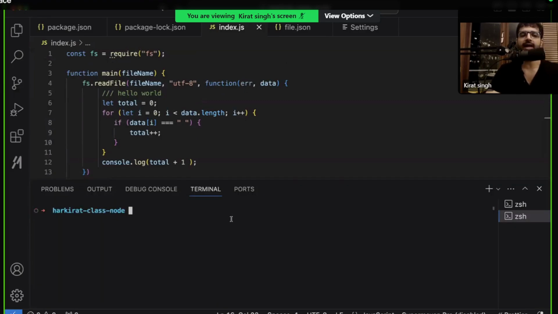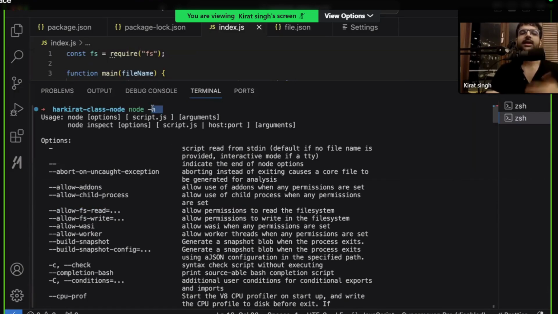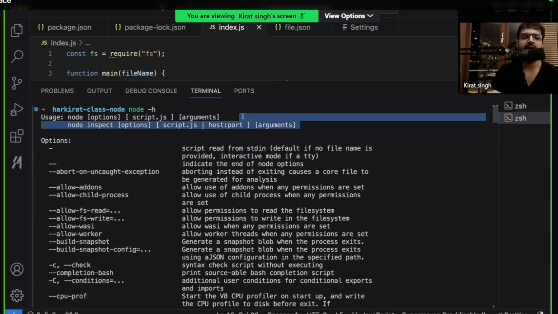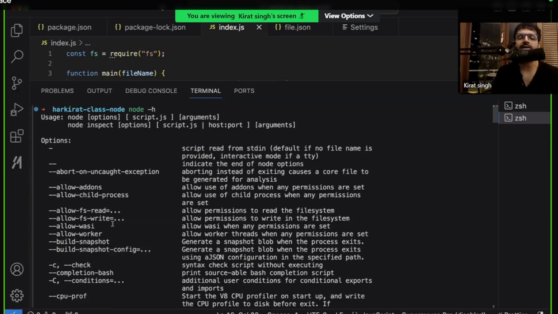Why am I putting so much attention on -h? Because most good command line interfaces give you this -h functionality. -h means help: what is the usage of this Node library? And as you can see, it tells you that Node will take some options as input, a script as input, and some arguments. That is how you run Node.js. It also tells you that you can run node inspect with some options and script.js, where you want to inspect your Node.js code, and so on. These are the two commands it gives you, along with a bunch of options. Very nice helper text to look at.